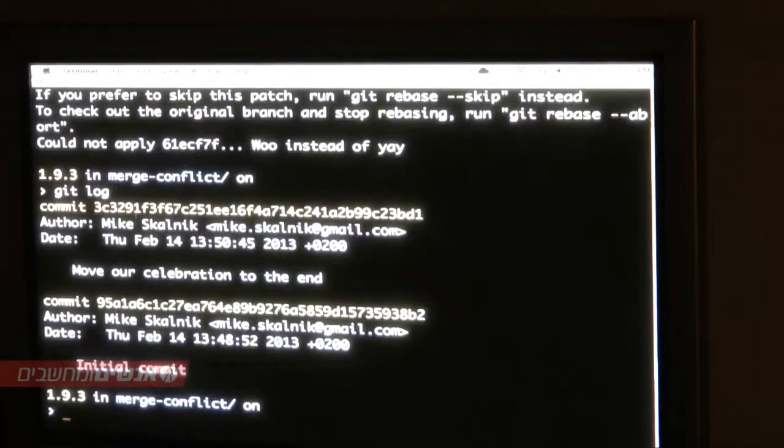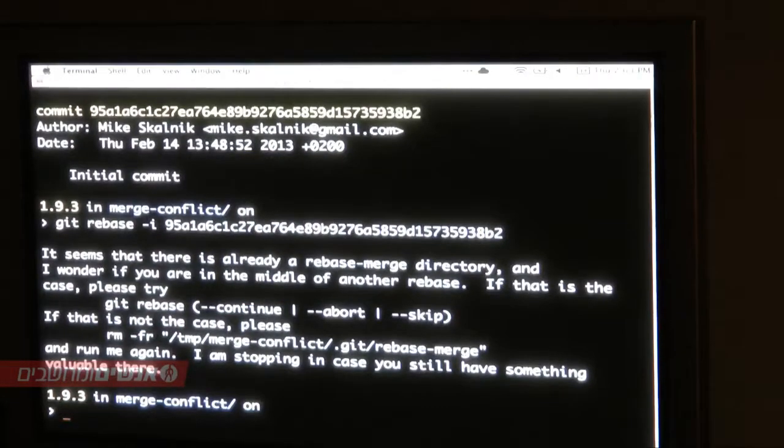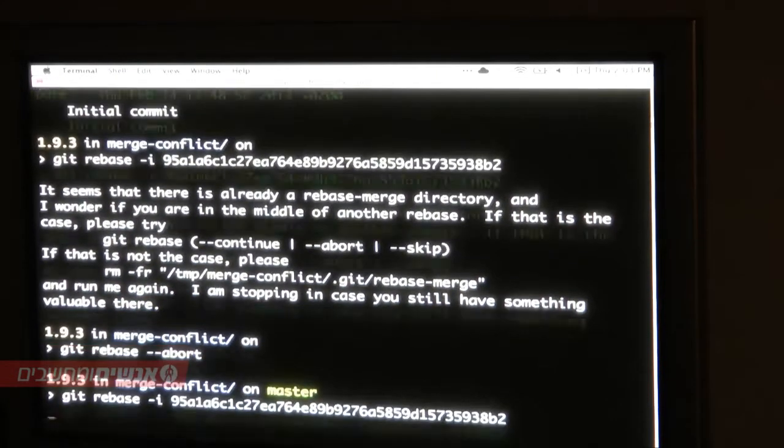Yeah, I don't have enough commits for this, that's why. But if you do just a SHA, you can also go backwards that way. Although I'm in the middle of a rebase, so Git's going to yell at me. It says you're doing it already, so go ahead and finish that one. So we'll abort that first one.